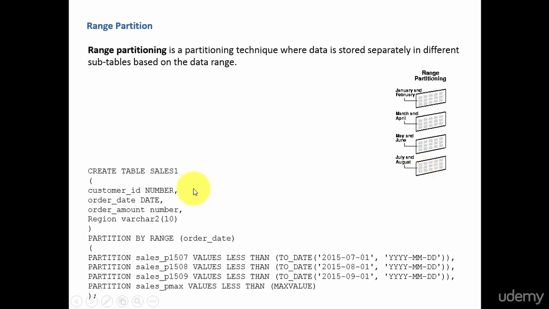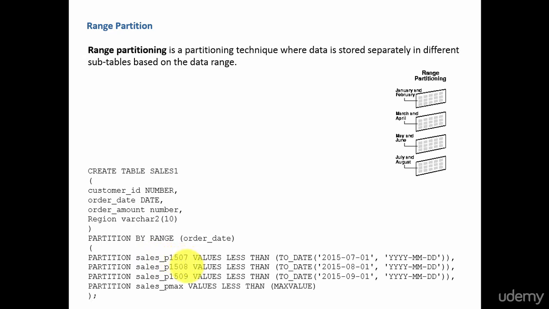Here you see I am creating a table called sales 1 and I am partitioning by range. And what is the column I am using for the range? It's the order date. That means based on the order date range, I am dividing the data into partitions. Here it is: partition, partition name, values less than 2015 July. That means all the data for the order date less than 2015 July 1st will be stored in partition